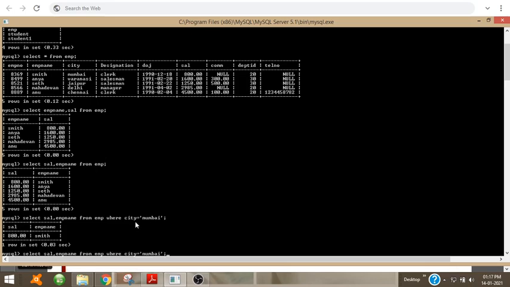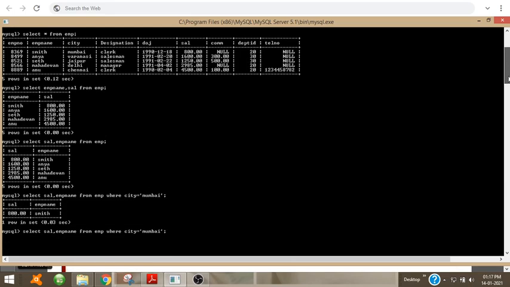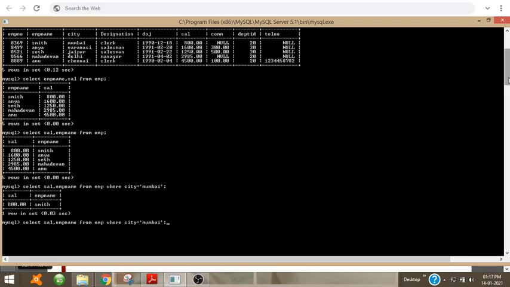Now if I want to retrieve the values of the persons whose department ID is 20, I will give where department ID. For department ID, the column name is DEPT ID. So I will give DEPT ID is equal to 20. For department ID we don't have to give the value in single quotes because department ID is an integer value.